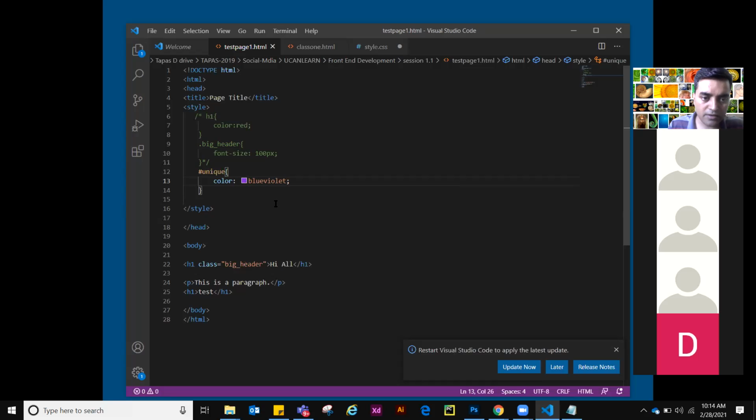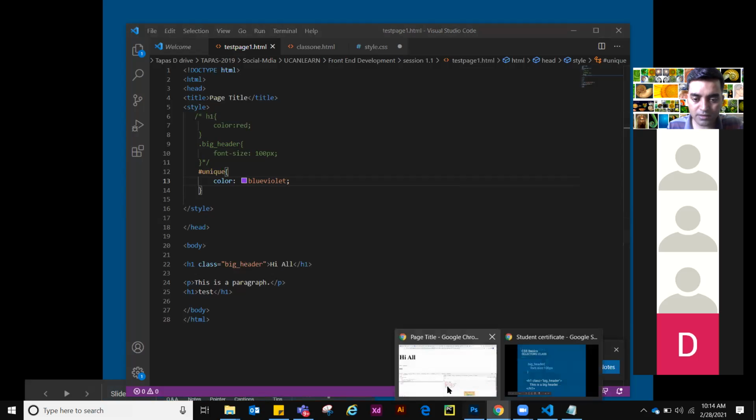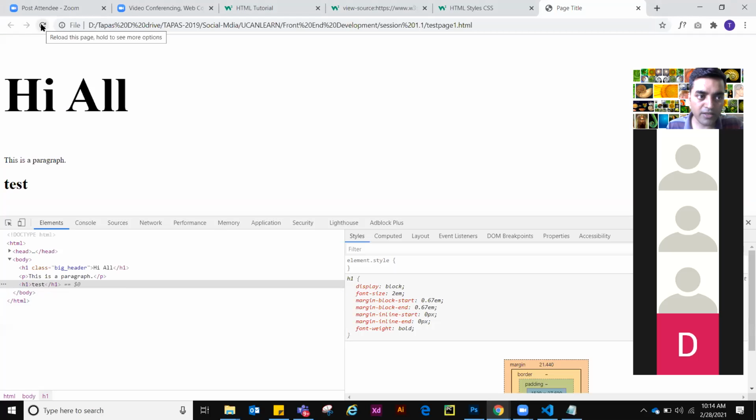Okay, so I've changed the color. Now let's go to the page. I have done something intentionally.